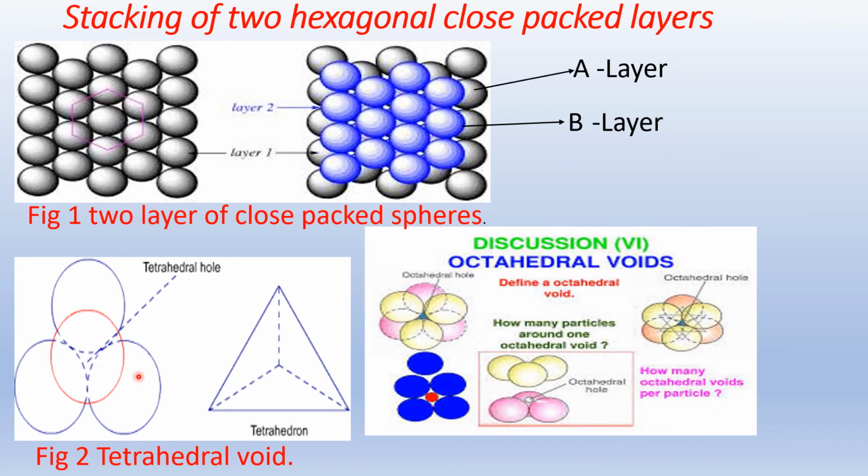In the next diagram you have to observe the octahedral voids. Three below and three above, six points touch each other, and then you obtain one center point. This point is known as the octahedral void. These 1, 2 and 3 diagrams are given, and this arrangement of octahedral voids and tetrahedral voids is simply understood by these diagrams.